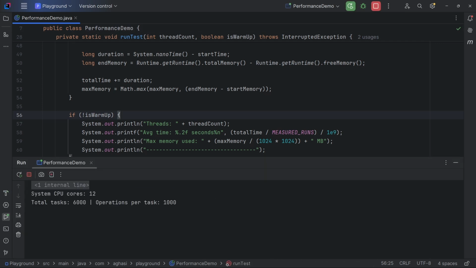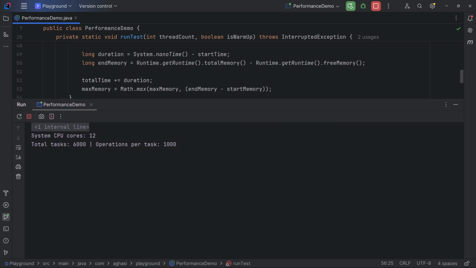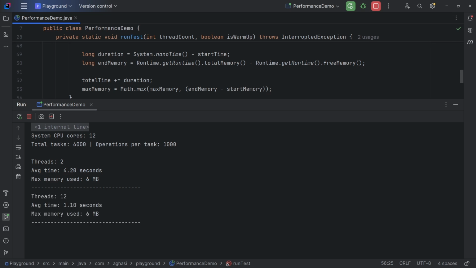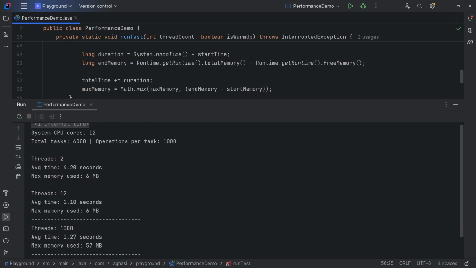This system has 12 logical processor cores. The report for 2 threads is printed. Next, we have the report for 12 threads. And finally, the report for 1000 threads.